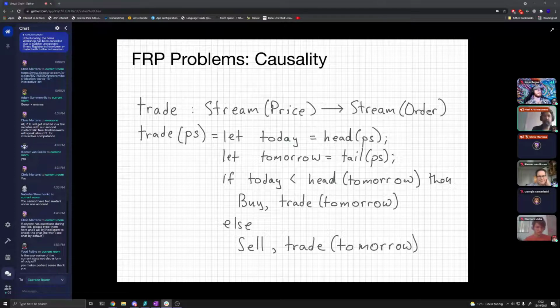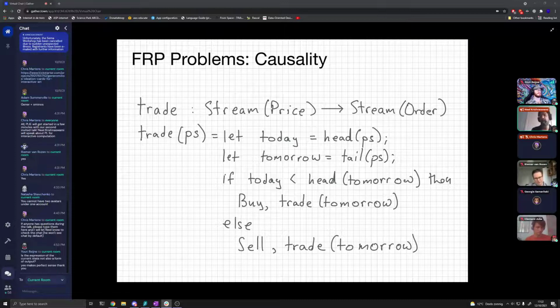And so here's an example. I'm going to start with an example of the sorts of problems that you see in FRP. So what we're going to do is we're going to see basic FRP, which you've just seen. It's just programming with streams or iterators. And now we're going to diagnose the problems that simple FRP has, and we're going to fix them one by one. So what's the problem on this slide?